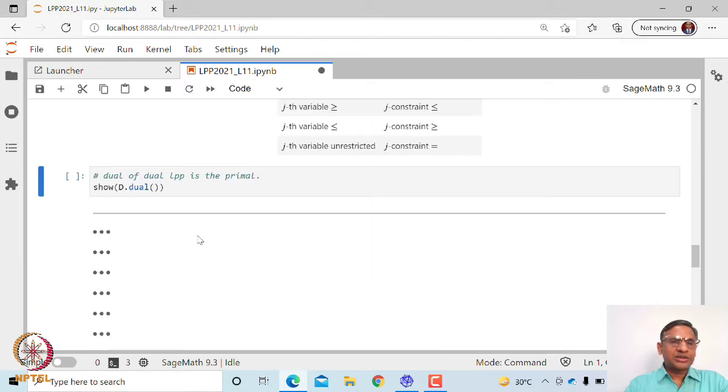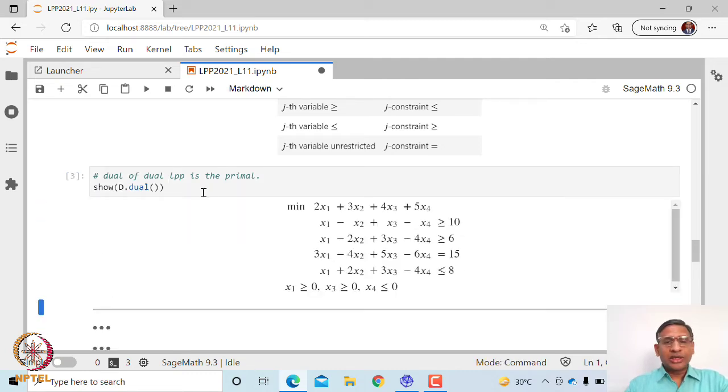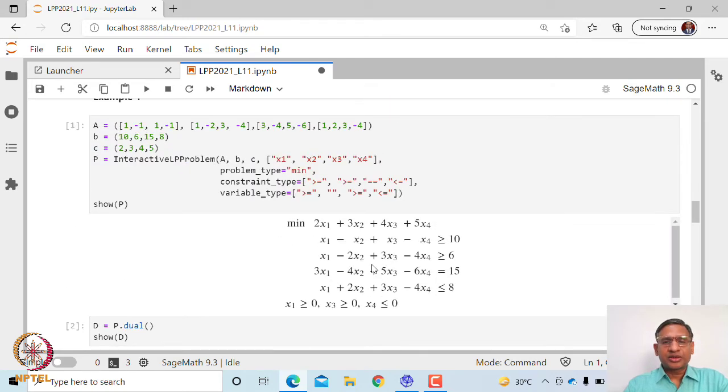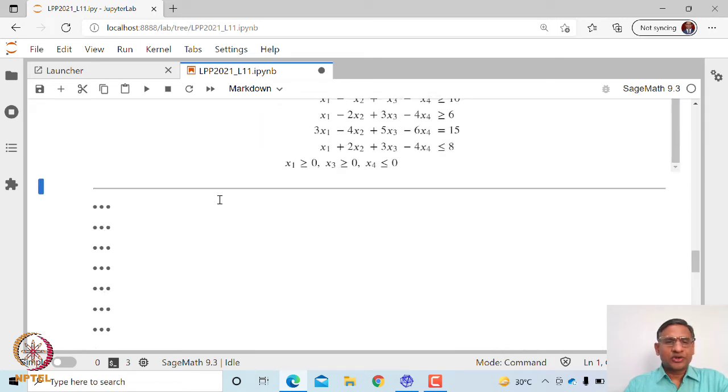Now suppose we take the dual of the dual. Any linear programming problem has its dual, and the dual is a linear programming problem. Therefore, if I want to find the dual of the dual, what can you expect? This is similar to a matrix: if you take the transpose and take the transpose of it, you get the original matrix. That's exactly what has happened. The dual of the dual of a linear programming problem will be the original problem, that is the primal. If you compare this with the original problem, these two are exactly the same. So the dual of the dual is the original problem.